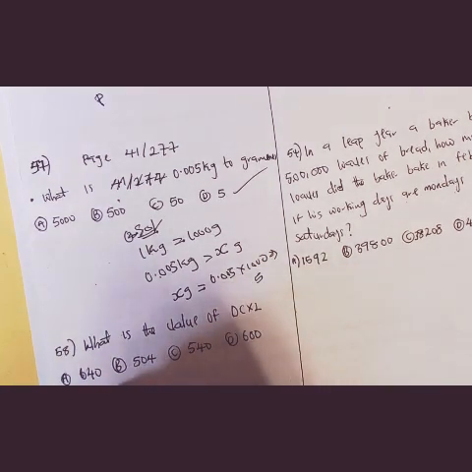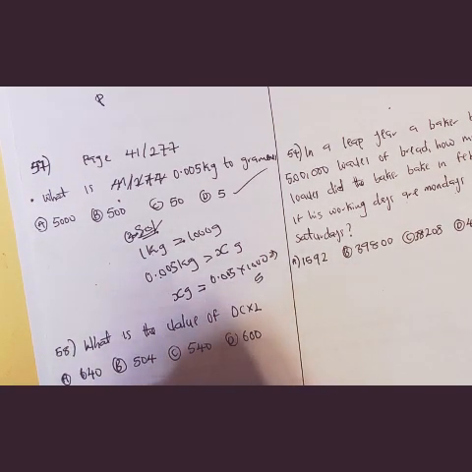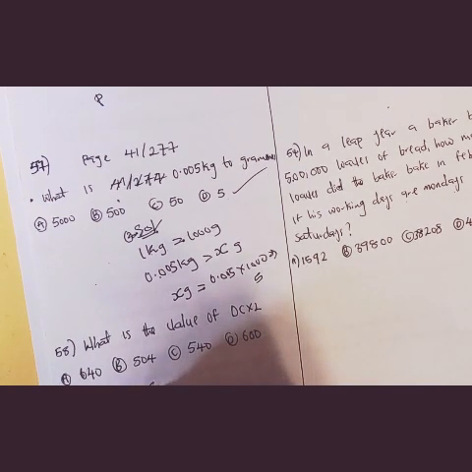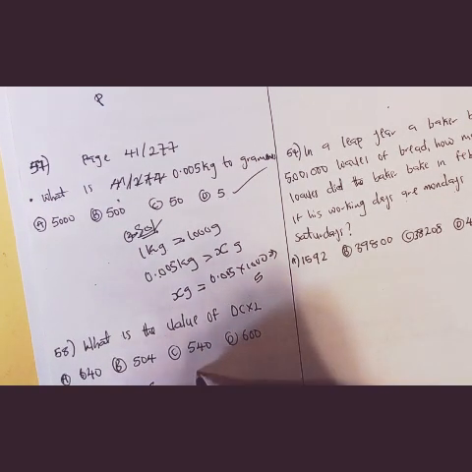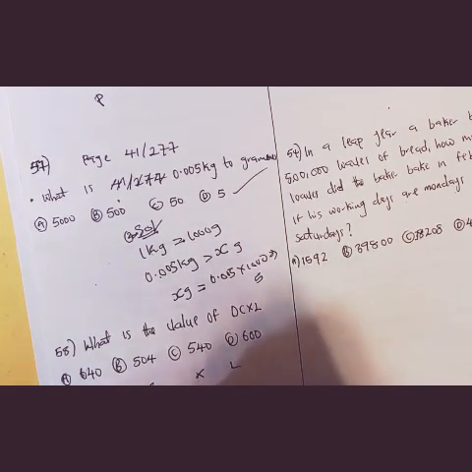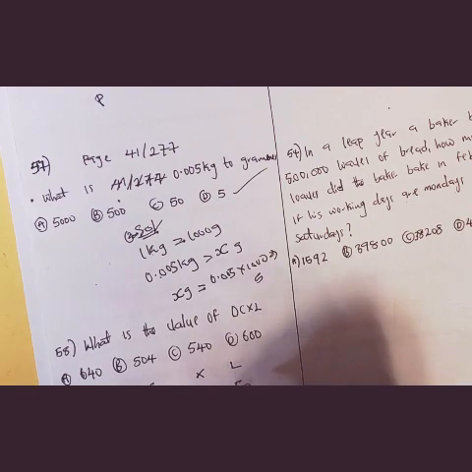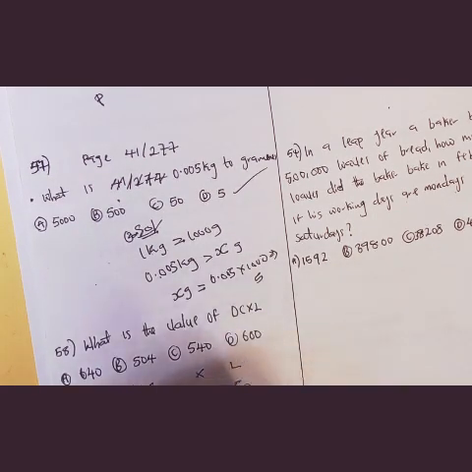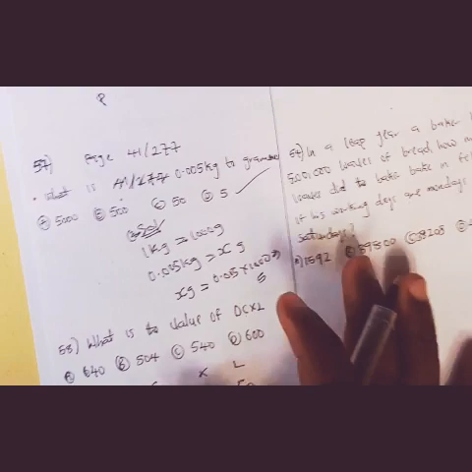Roman numerals. In our Roman numerals, we need to understand that D is 500, C is 100, and XL: our X is 10, our L is 50. Okay. So since we have DCXL,